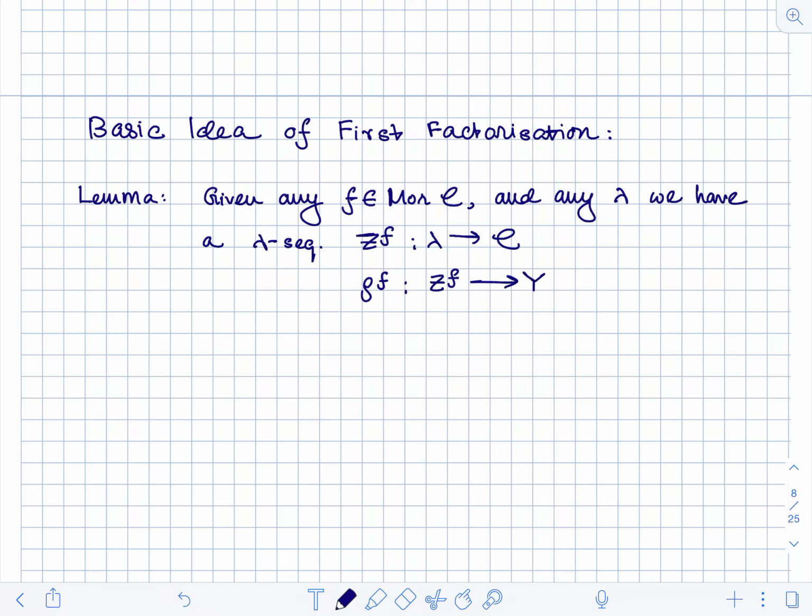Every arrow is the identity arrow, every object is mapped to the object Y, such that the first element in the sequence is X,